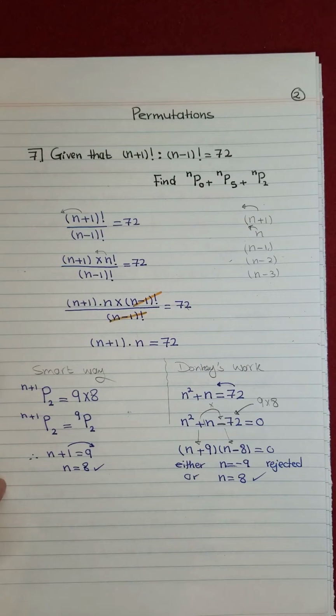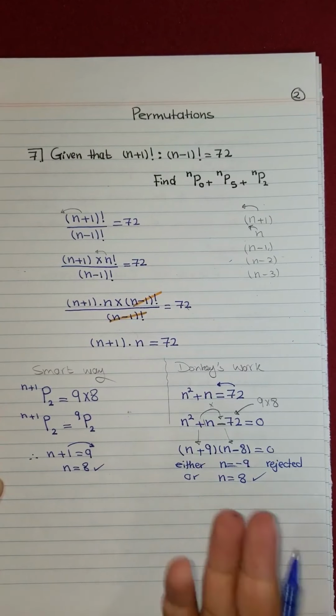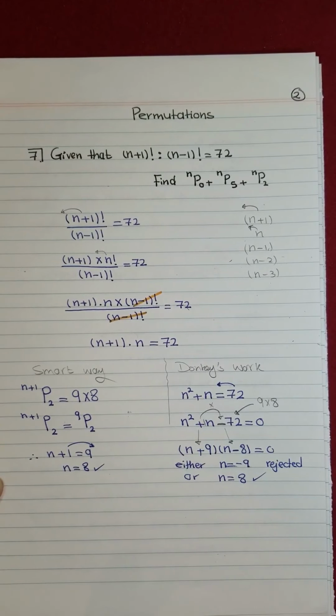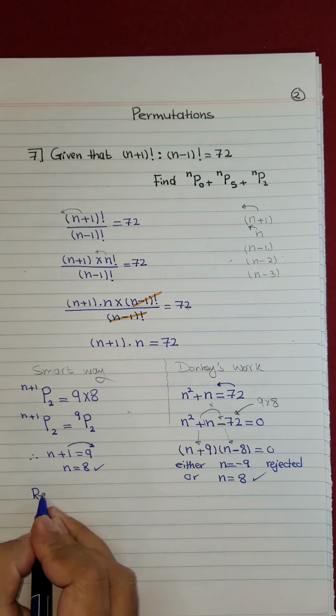So we got the same answer without having to solve a quadratic equation. Of course, remember that you're not limited to one method. As long as your exam is a multiple choice exam, you can do whatever you like, whatever you feel is easier, even if it's the donkey's work. Doesn't mean that it insults you in any way. It's just more work, but it's correct. It's mathematically correct. Now, we're not stopping here. Why? Because what is required